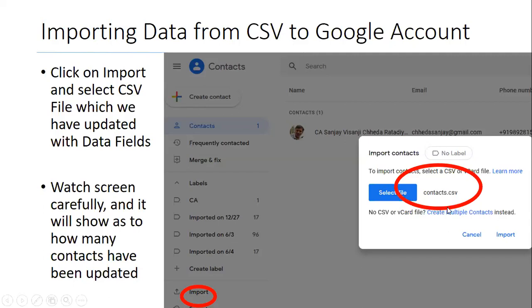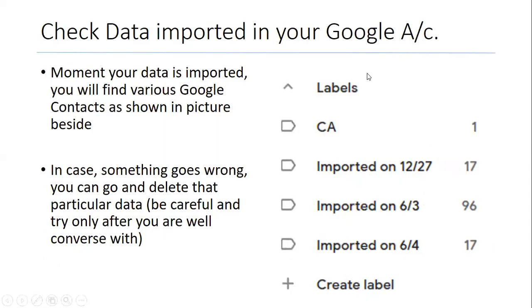It is the same as what we had exported, and that is why we did first export and then import, so that we do not tamper with the Google structure. If we create our own CSV file, we don't know how Google is going to import it. So I did one export of a single contact to understand the Google data structure, and now I am pasting my 50 contacts into that Google CSV file and importing it. I am not tampering with Google's CSV structure, and automatic mapping is done. Here the name was there, so I am adding my name there only. Now the final import is done.